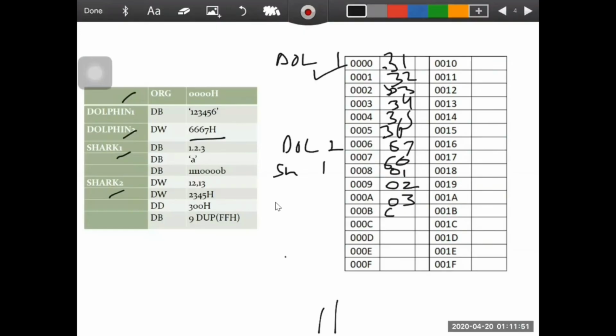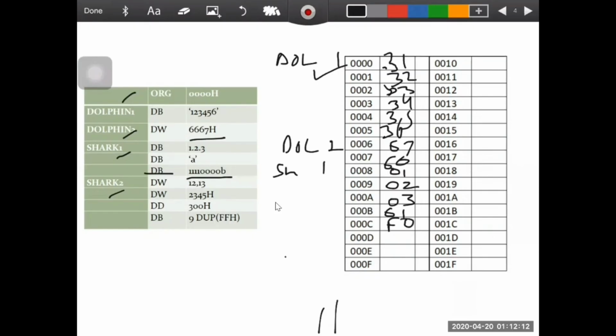So here we will allocate one byte to a. After that, the next number is in binary form, that is 11110000, which we can say in hexadecimal is F0. So for this also we have to allocate one byte, that is F0.